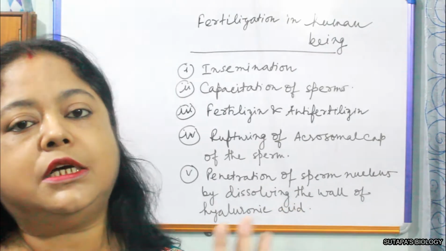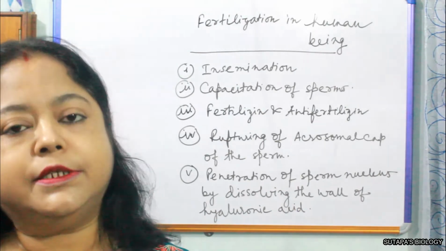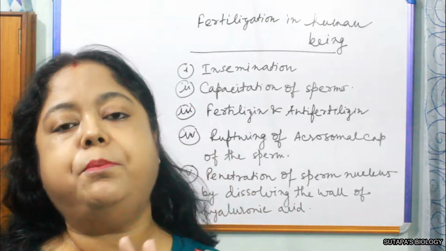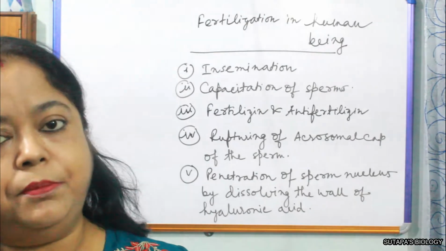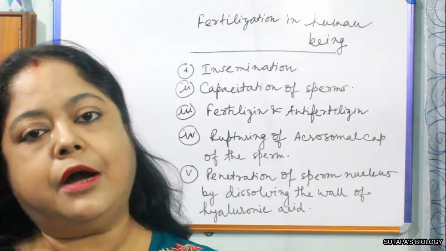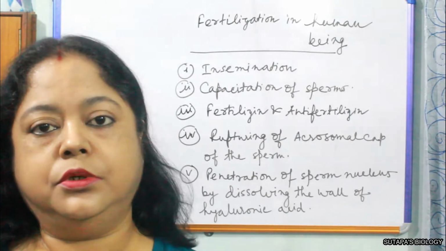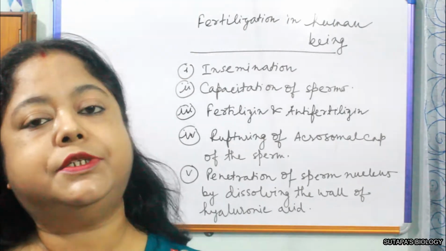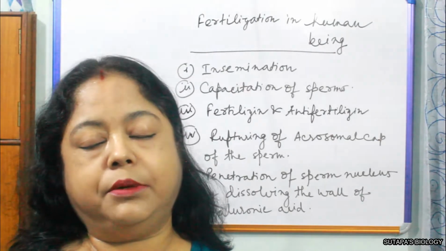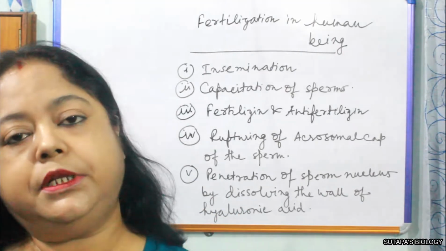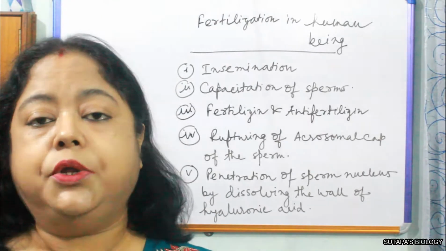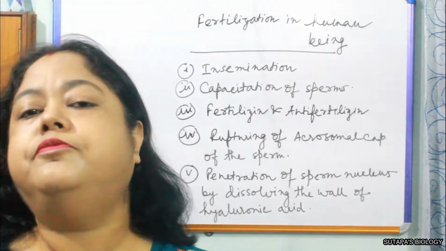We have discussed in the last video, in the oogenesis video, that there is an incomplete division of the ovum when it gets discharged from the ovary, and after fertilization they complete the meiosis 2. After meiosis 1 they get discharged from the ovary, and they complete meiosis 2 just after fertilization. So the ovum pronucleus is very busy to make itself ready for fertilization.